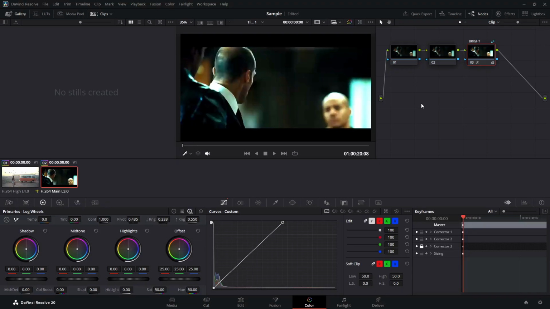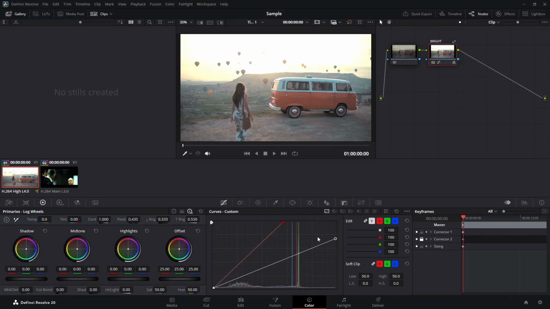Here's the powerful part. If you go back and edit the shared node on any clip, it will affect every other instance of that shared node throughout your project. This saves an enormous amount of time when you want consistent grading across multiple